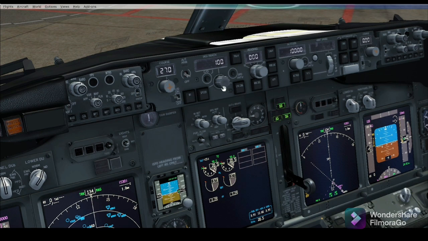When our FMC is set with the takeoff data, we have a V2 speed. There are three speeds of the aircraft: V1, VR and V2. For example, our V2 is 150, so we will set 150 here. Our runway heading is 270, so we set the same value here, like course 270.